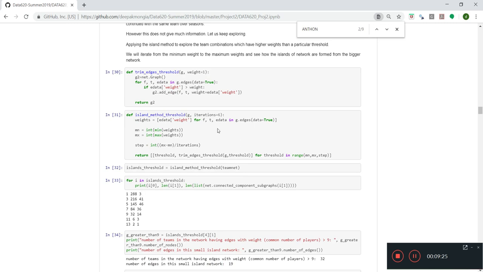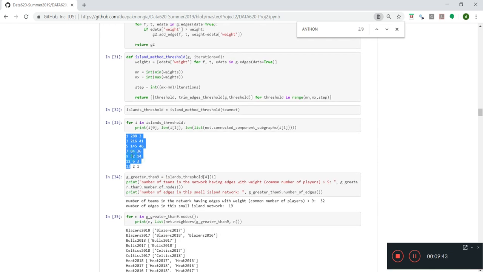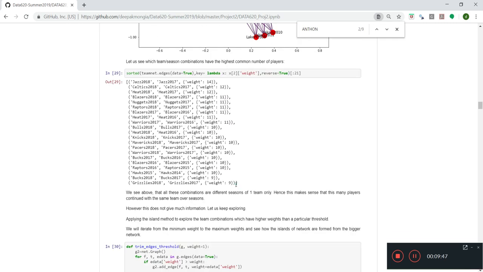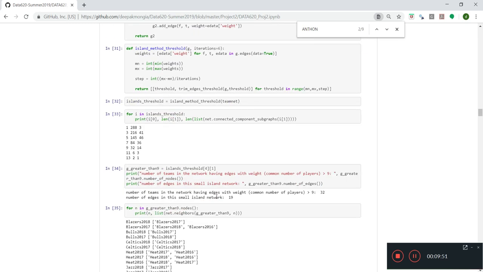We are using an iteration method here, going by iteration 6, and if you see the results, the weight is moving by 2 every time. Because we already saw the 10 to 11 weight range, we'll go with weight range 9 and try to analyze